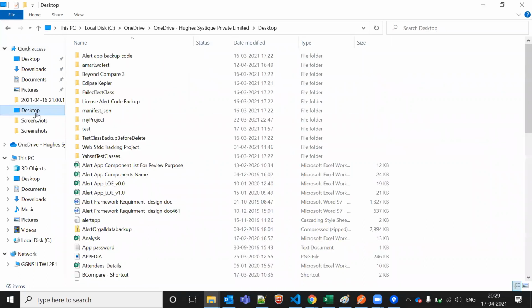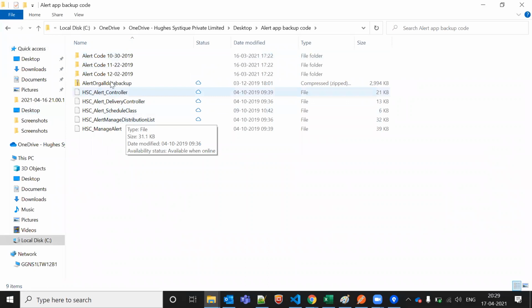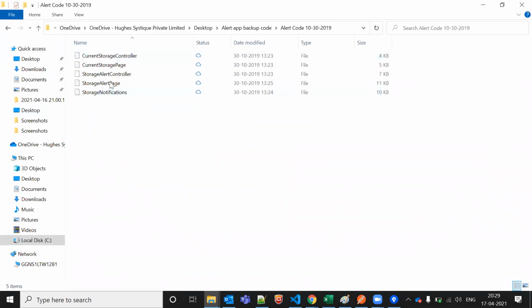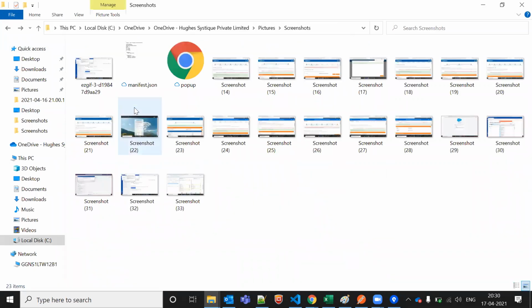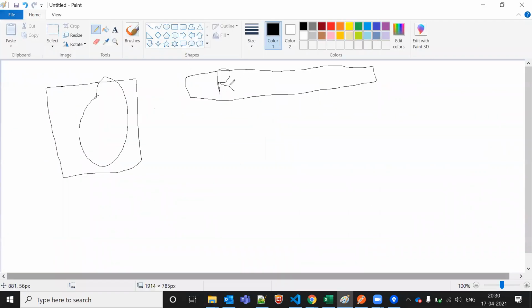We can say it's like a folder. We can say it's like a project. If I go to Desktop, I have multiple folders. Under this one repository, we have multiple folders. If I go to this repository, under this we have multiple things. If I go to this repository, I'll get multiple things. These are the repositories as folders. So a repository is nothing but a project. Under this repository, we can have multiple things.